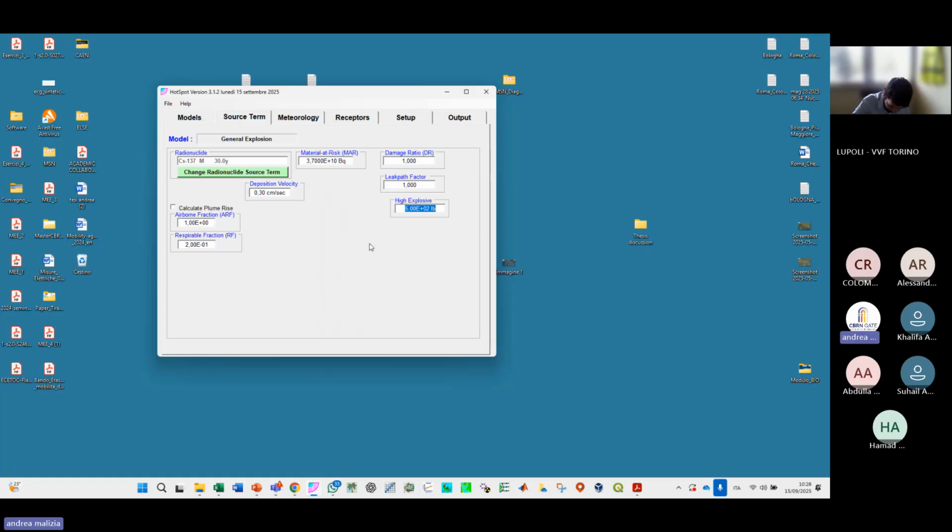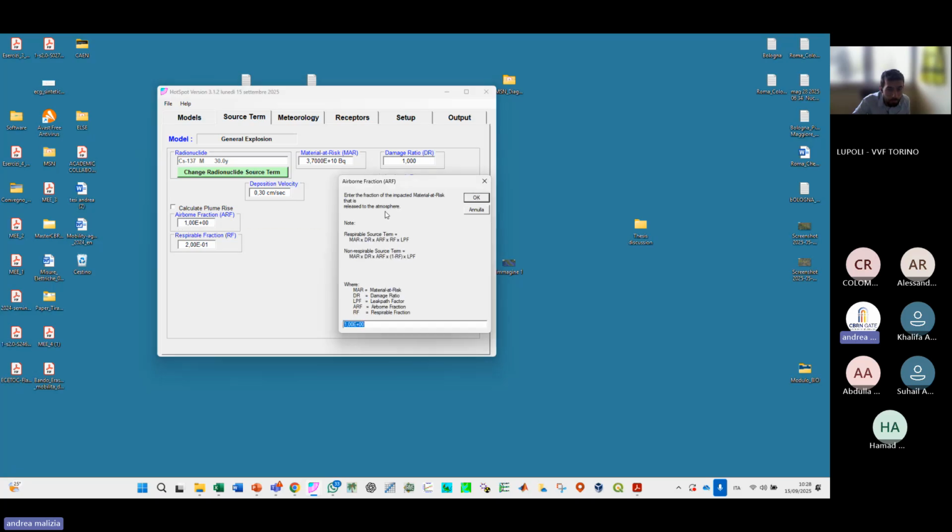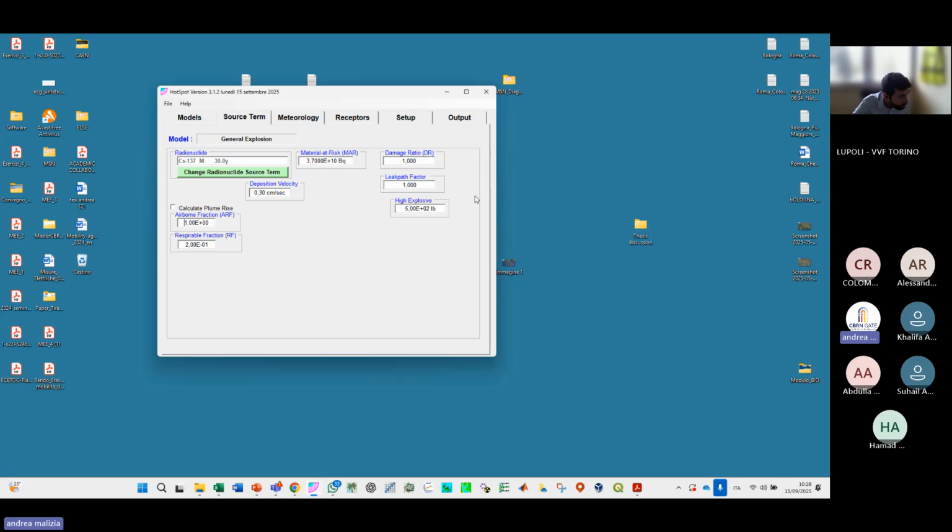You click on OK and you have the value here. Then there is another box. You find airborne fraction. Enter the fraction of the impacted material at risk that is released to the atmosphere. We leave 1